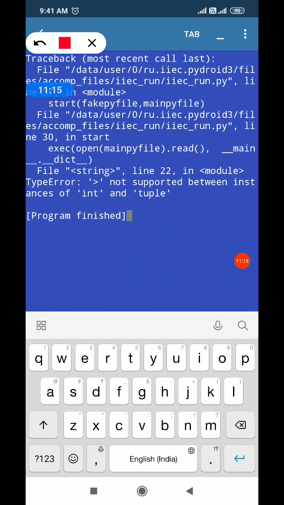Let's have a look at this error. Actually, in the last line, if you can see, it says not supported between instance of int and tuple. That means in the two arguments there may be a problem, that one of the arguments is a tuple and another one is an integer.